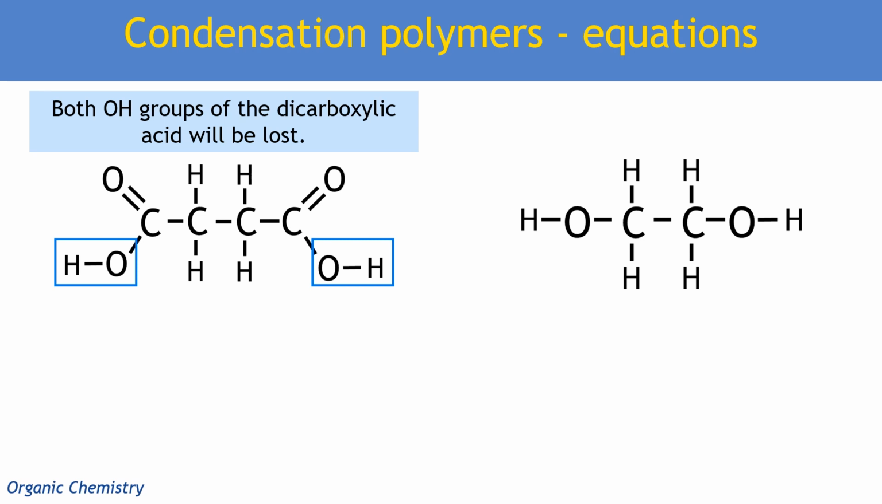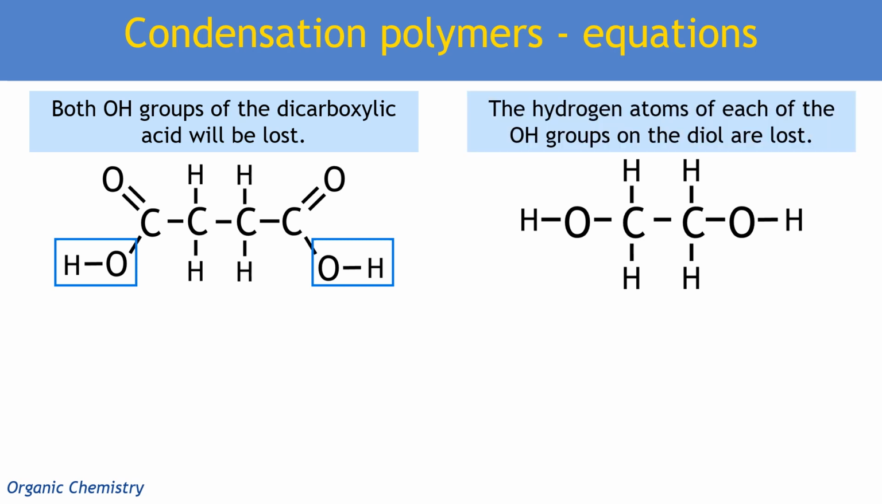If that was an acyl chloride, that would be a chlorine there instead of an OH, and we'd be losing the chlorine. And then on the diol, so that is a diol, an alcohol at both ends, we are going to be losing the 2 hydrogens. So to draw the repeat unit, and what I'm sort of doing here is drawing an equation as well,